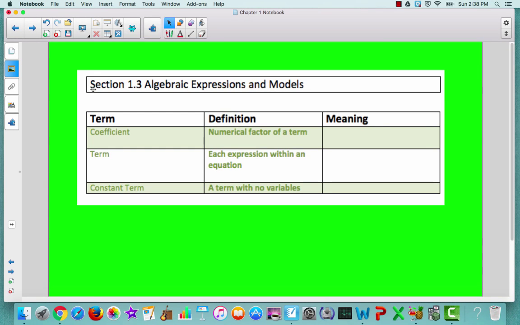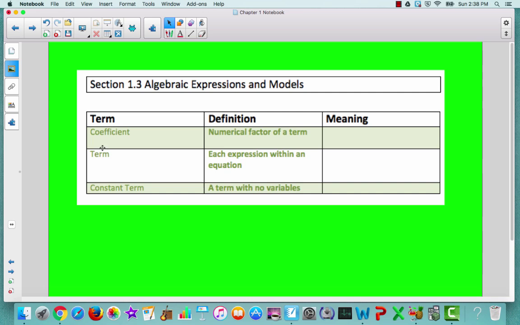Hi, so today we're going to be talking about section 1.3 in your textbook, algebraic expressions and models. So we're starting to really get into our algebra. And so let's do what I like to do at the beginning of our lessons. Let's talk about the definitions that we're going to be working with in this section and continually, actually, throughout the